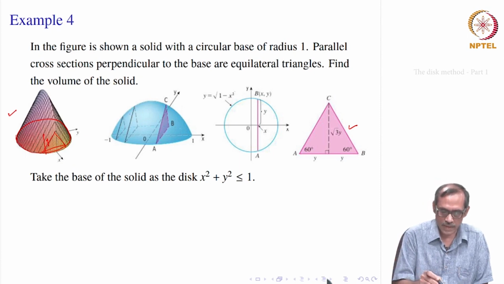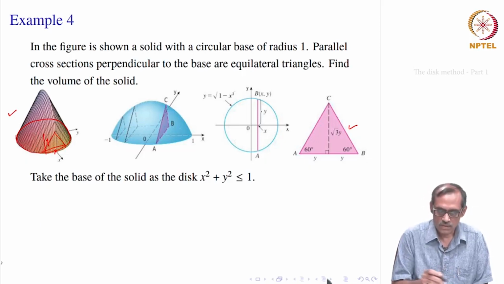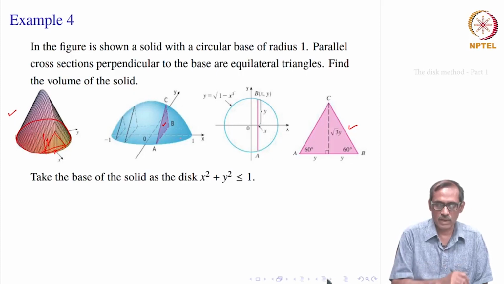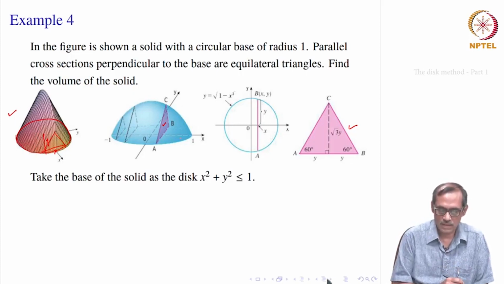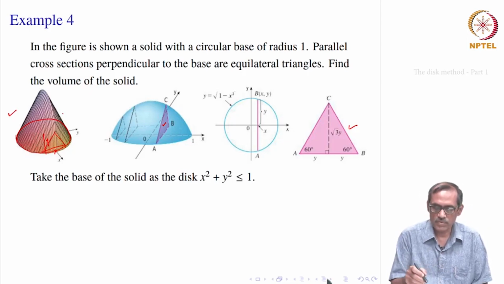So, what we do? We look at it in a different way, take the axis which goes through its middle in the base as the x axis. Then you look at this triangle which is formed, which is pink here, colored in the second picture. That triangle is an equilateral triangle, and everywhere it becomes an equilateral triangle. That is how it looks, and you have a circular base. I think the pictures depict it correctly. Then we have to find out the volume of this solid.